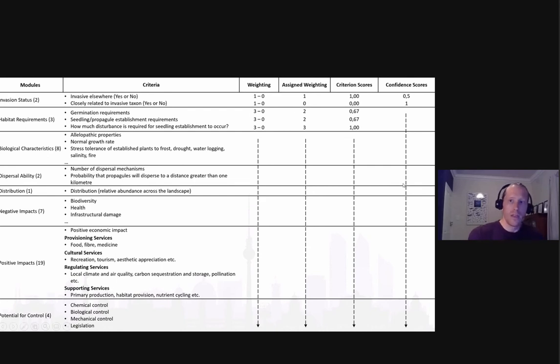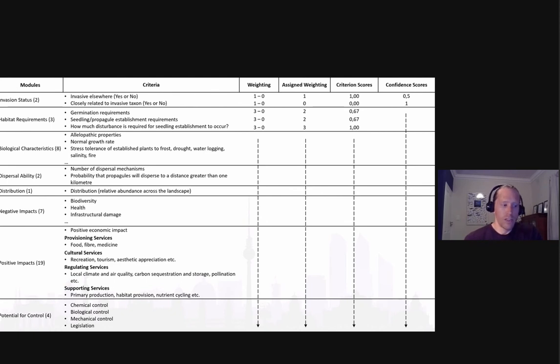And then importantly, we assign a confidence score here, and confidence scores are assigned to each criterion based on the uncertainty and availability of evidence in the literature. And this is assigned either a value of 0, 0.5, or 1. Now, if there was sufficient published evidence and data was certain, then the confidence score would be assigned a value of 1.